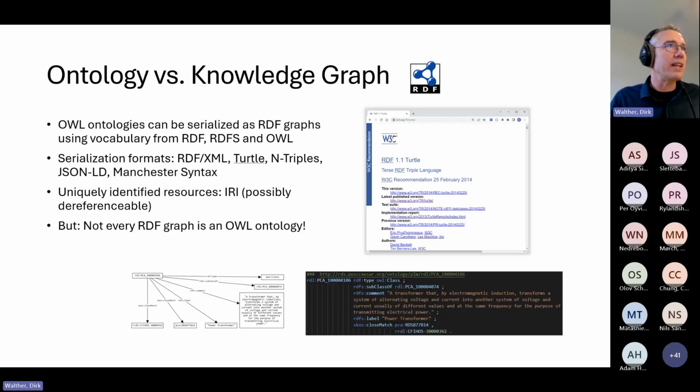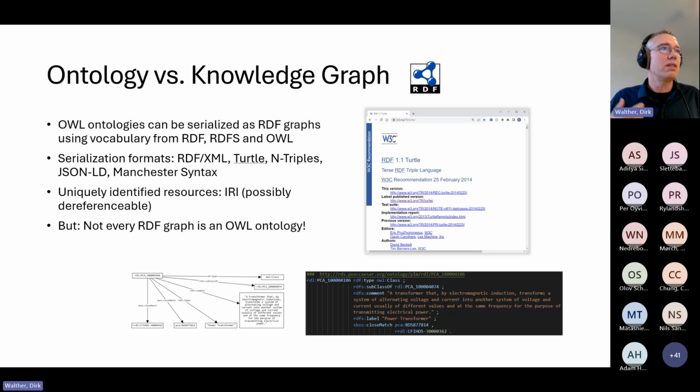Okay, so what's now the relationship to knowledge graphs? Everyone talks about knowledge graphs. Well, ontologies, the set of axioms, can be realized as knowledge graphs, also called RDF graphs. RDF stands for Resource Description Framework, which is also standardized by the W3C.